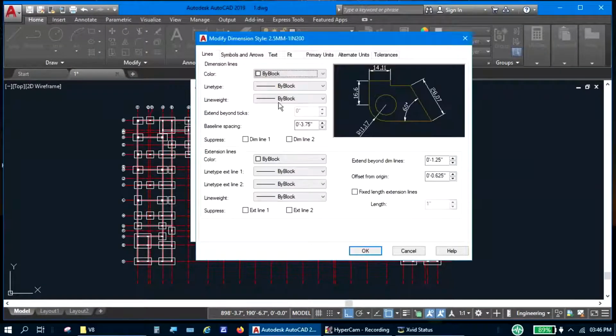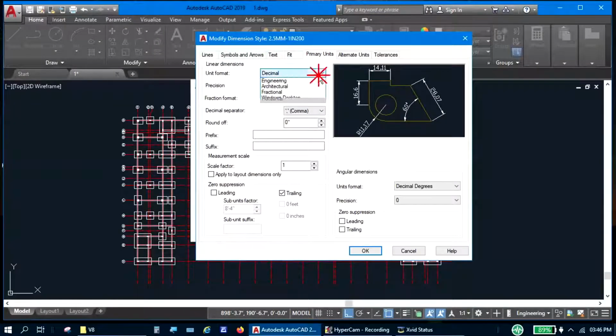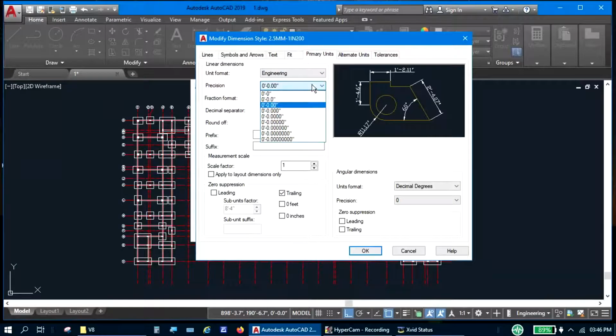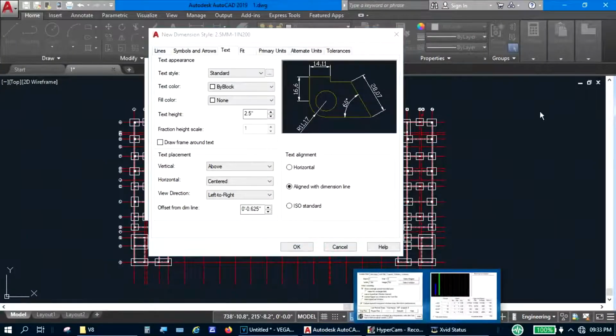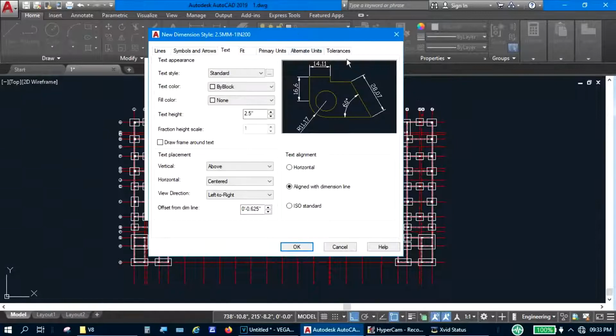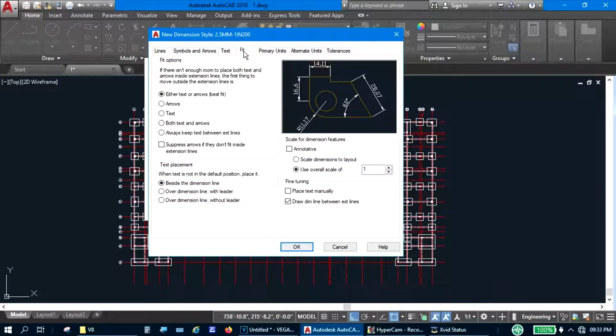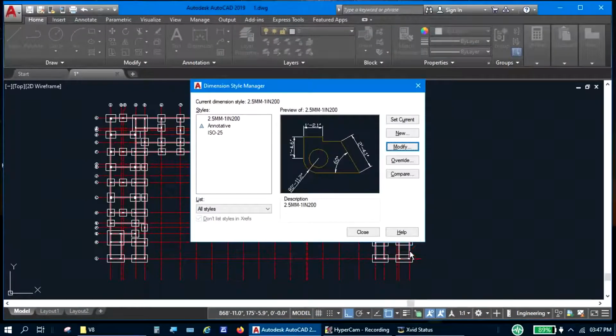Click on modify, primary unit, change unit format into engineering and precision. I remove zero suppression. Okay. Now click on fit tab, select use overall scale of. Here is the value we are going to enter. I close it all and show you the calculation.